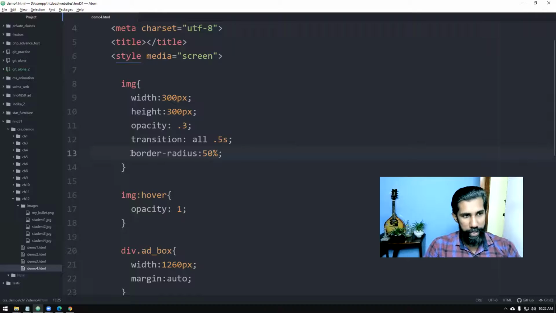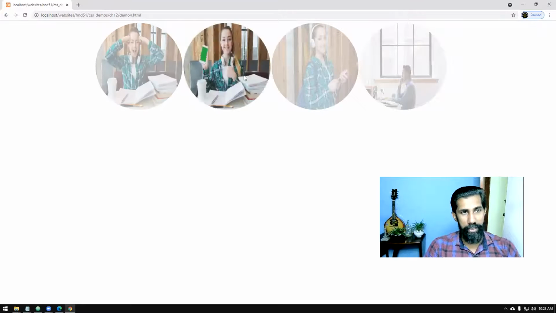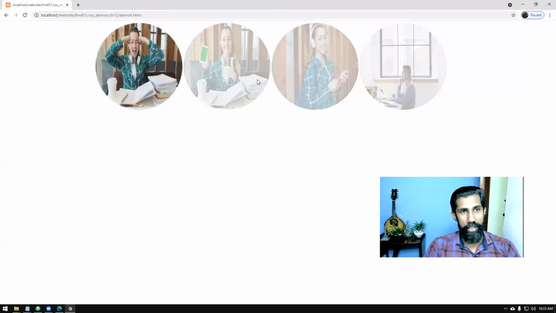Okay, one small addition I did. You can see the border radius we gave 50%. When you give 50%, all the corners, top, right, bottom, left, get that radius. So when you're using an image which is square shaped like this, with the same width and height, and you set the border radius to 50%, it gives you an effect like your picture is going to be a circle like this. I don't have real square images. If I had, these images would look much neater and more interesting with this kind of effect.